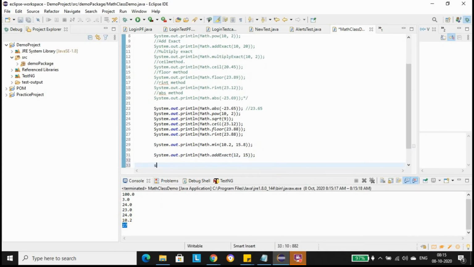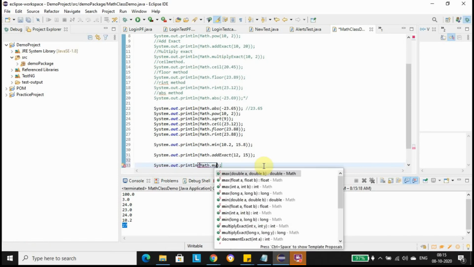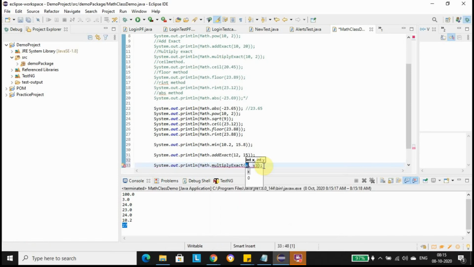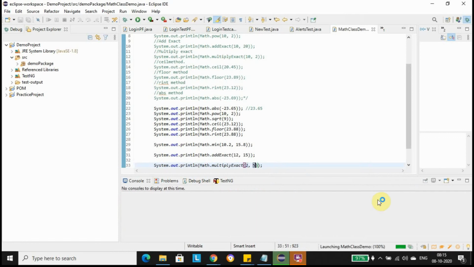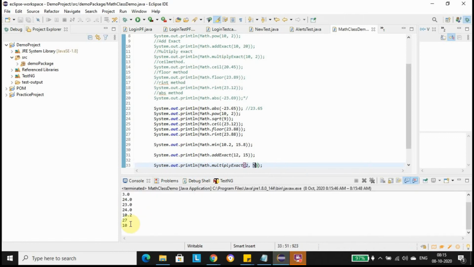We will look into another method, that is Math dot multiplyExact. I am providing 2 and 5 as parameters here. The output should be 10, because this will simply multiply these two numbers. Here you can see the output as 10.